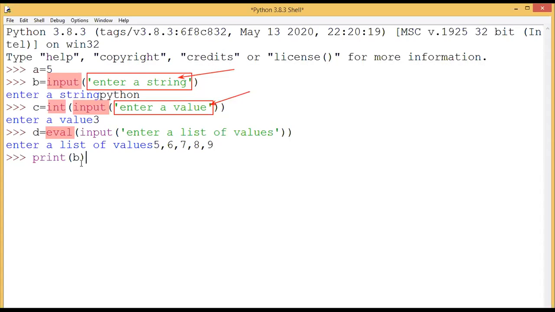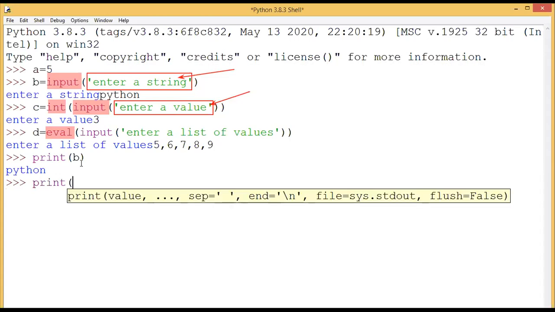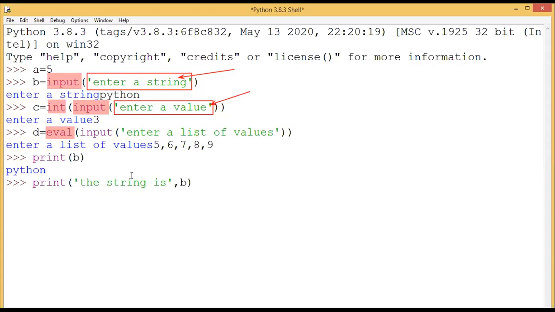See, Python. And then print 'the string is'. This is for decoration of our program. Whatever we are giving will be displayed in the output. 'The string is', b. So now what is the output, students? The string is Python.